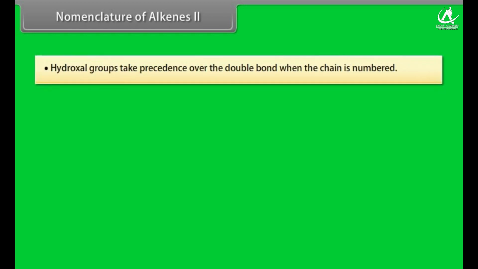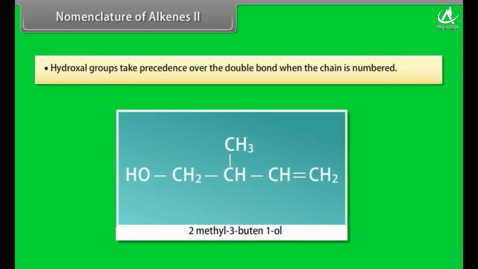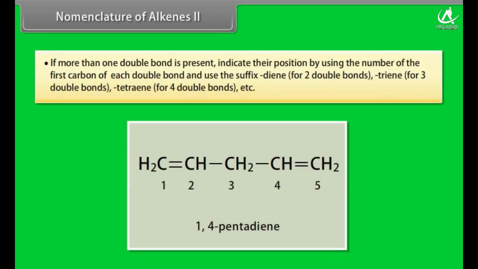Nomenclature of alkenes, Part 2. Step 7. Hydroxyl groups take precedence over the double bond when the chain is numbered. This compound is 2-methyl-3-buten-1-ol. Step 8. If more than one double bond is present,